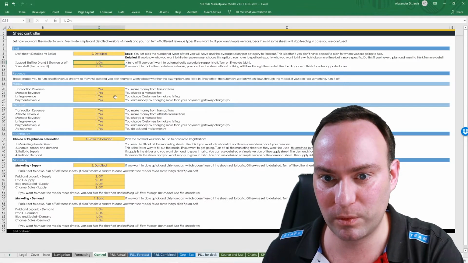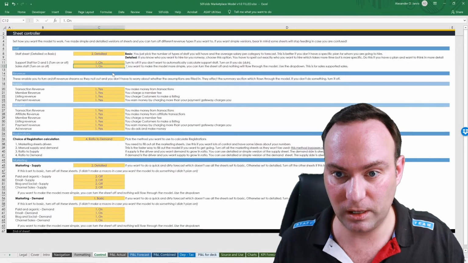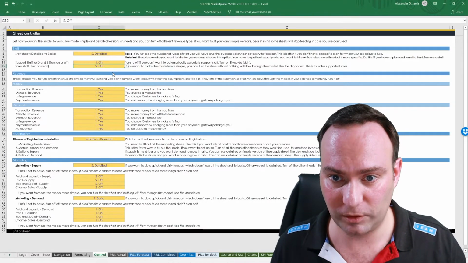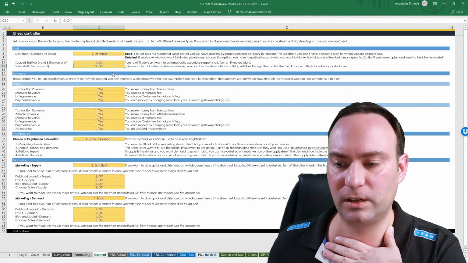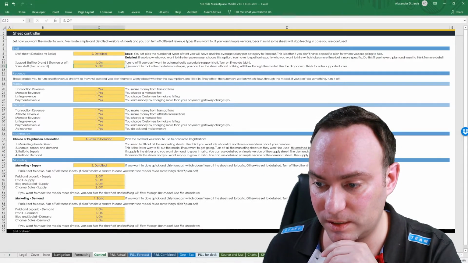So the thing you want to know about this is going to go on the control sheet. If you want to turn it on or turn it off, you're going to change the switch here. You turn it off, you're not going to have a sales automation. If you want it on and you're wondering why it's not working, you can make sure that it's turned on. So now we're going to go to the last one, this green section here, which is sales staff, which